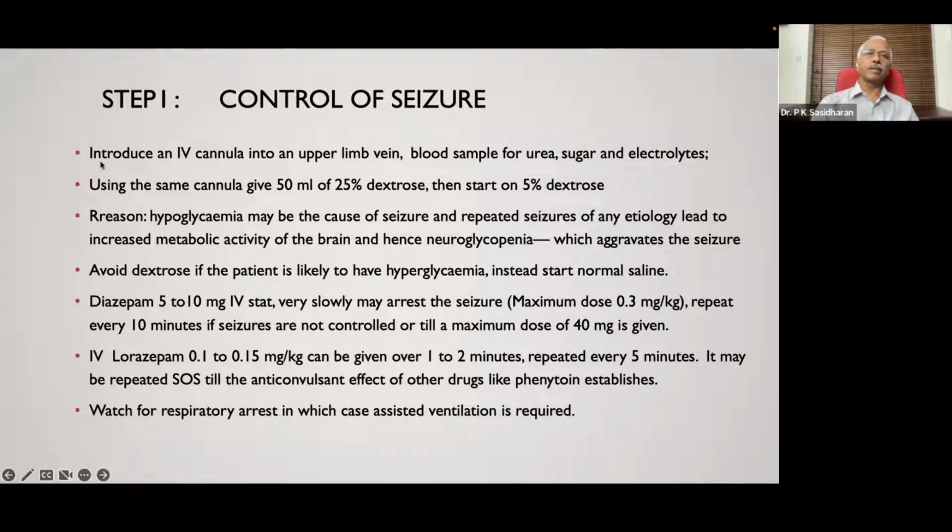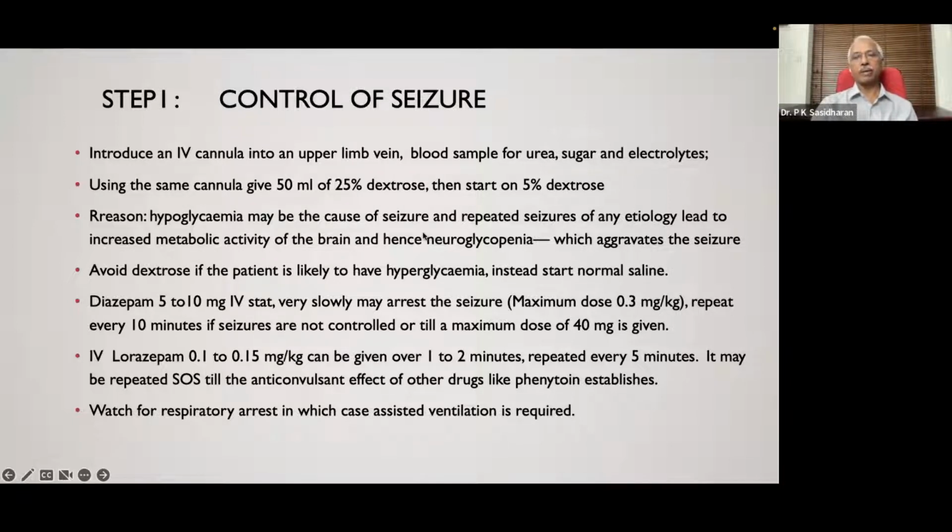For control of seizure, as I mentioned before, introduce an IV cannula into an upper limb vein and take a blood sample for urea, sugar, and electrolytes. Using the same cannula, you can give 50 ml of 25% dextrose, and after that, you start on 5% dextrose. The reason for starting 25% dextrose and then 5% dextrose is that hypoglycemia may be the cause of seizure, and